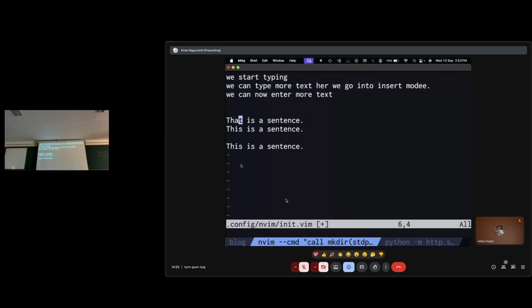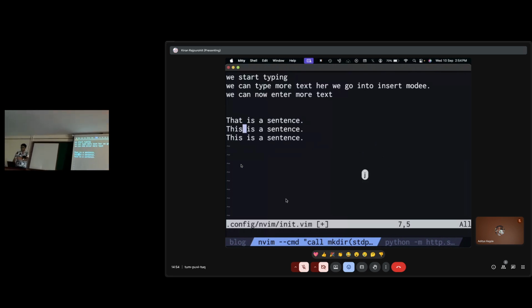I'll undo these things again. So what we did before was DW to delete the word, then I to go into insert, and press that. However, what we can do instead, so I'll press J to go down, 0 to go to the start, and then instead of doing D, W, I can just directly say change word.